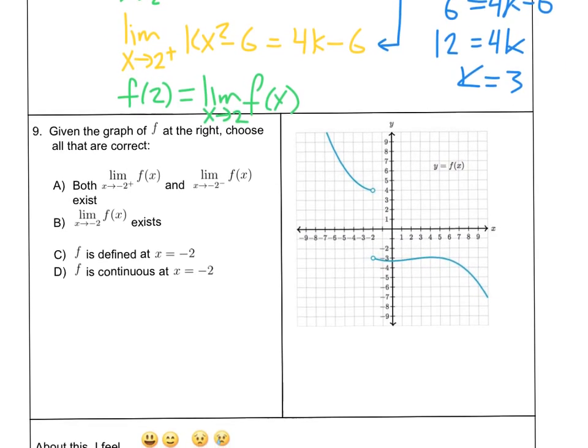And then finally on to number 9. Given the graph at the right, we're looking at things that are correct. So the limit as x approaches negative 2 from the right has a height of negative 3. Okay, so that one exists. The limit as x approaches negative 2 from the left approaches a point, so we're okay. There will be times that one-sided limits don't exist, but we're not going to really worry about those this year. If you're curious, I'm happy to talk to you about that. That has a height of 4. That one exists, so both A and